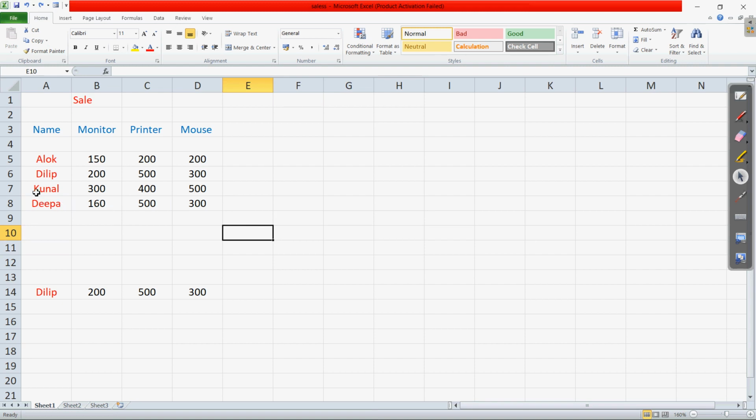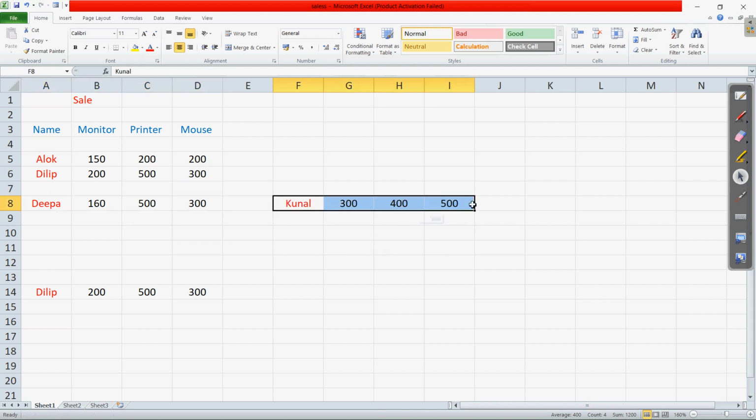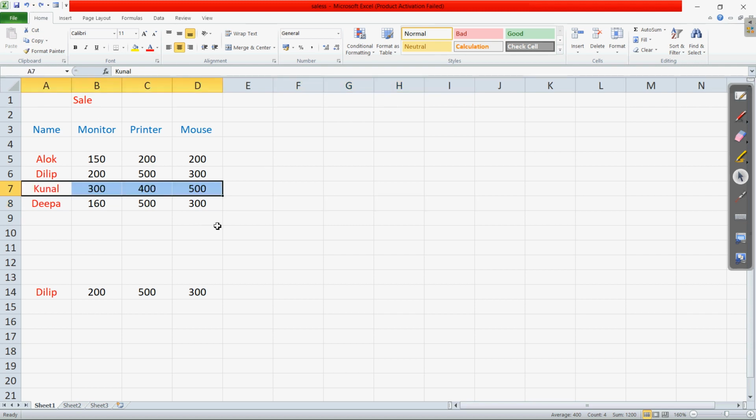Suppose now I am selecting this cell, the row with the name Kunal, and I want to move this. When you bring the pointer to the border of these cells, you can see the mouse pointer changing to a four-sided arrow. Now click over there and drag it to any of the cells where you want. Clear? So this is now moved from this particular cell to another cell. Clear? So this is the moving. Next, if you want to create a copy of that, I have pressed the undo button first to bring it to the original position.